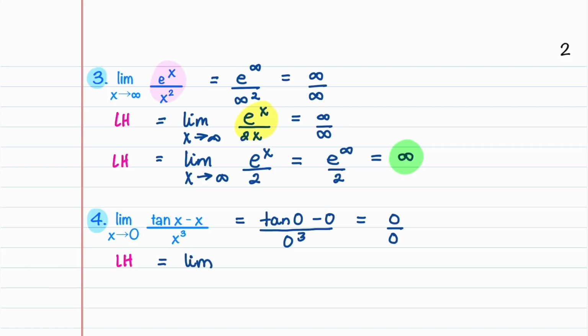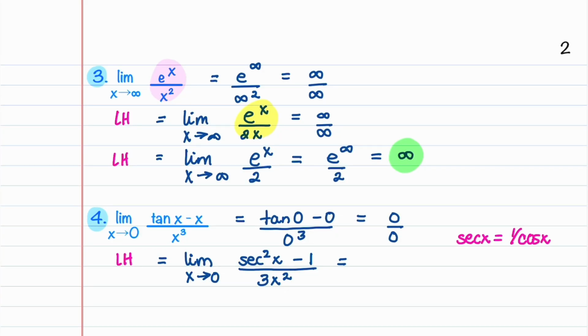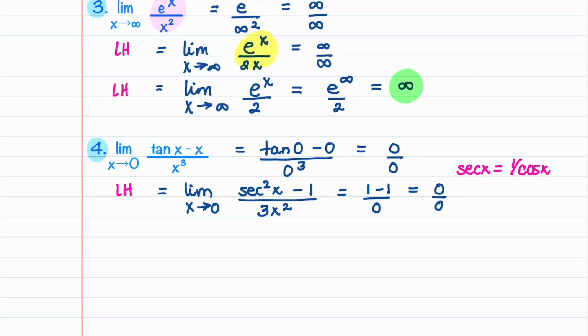This is the limit as x goes to 0. The derivative of tangent is secant squared x, and then we have a minus 1. And the derivative of the denominator is 3x squared. Let's remind ourselves that secant x is 1 over cosine x, and this tells us that secant of 0 is just 1 over cosine of 0, which is 1. So in our numerator, we have a 1 minus 1, and we have a 0 in our denominator, and we again get 0 over 0. We can now use L'Hopital's rule again,